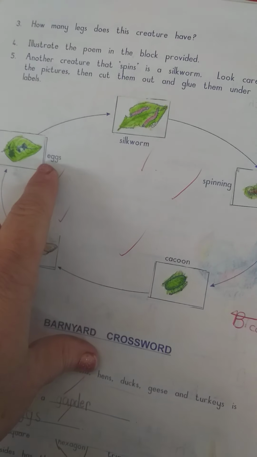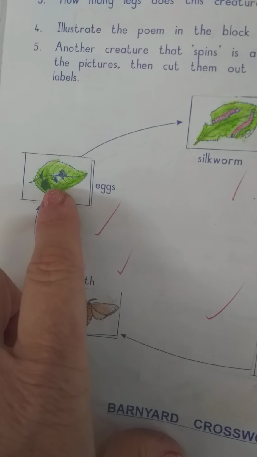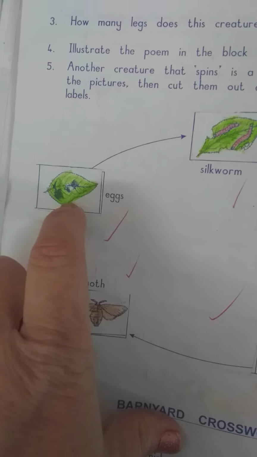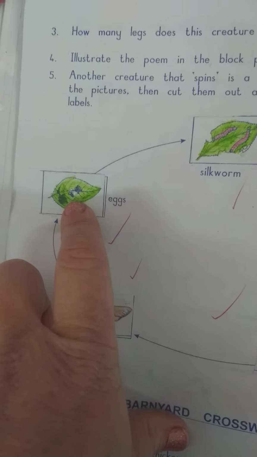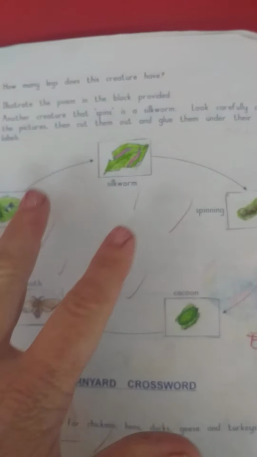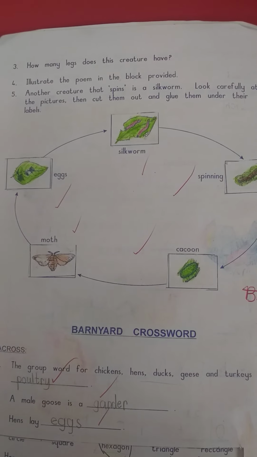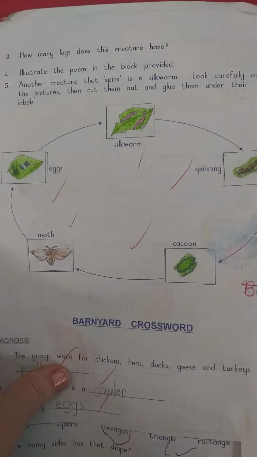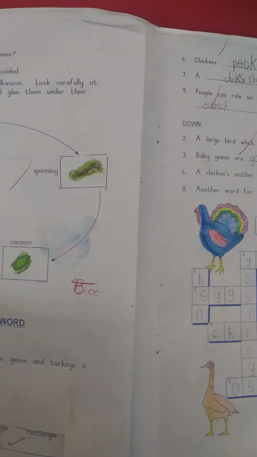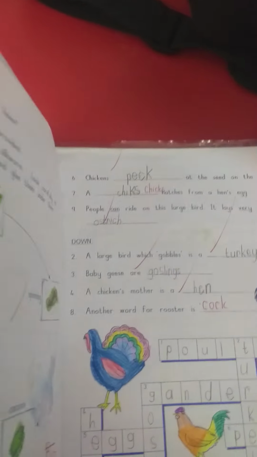You've got the labels here. For example, there it says eggs, so you're going to stick the little picture with the leaves and the eggs in that part. You're going to do that and color it in, and that is that for Language for Life. And then after that,